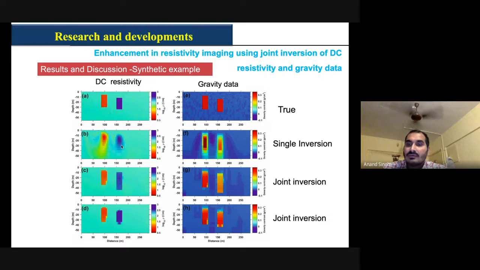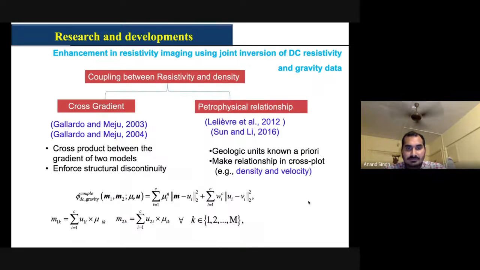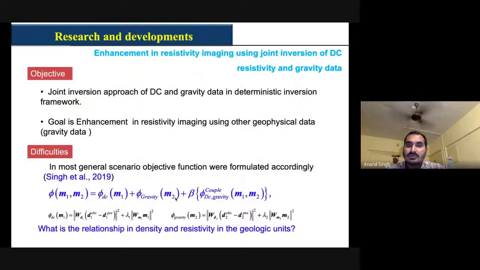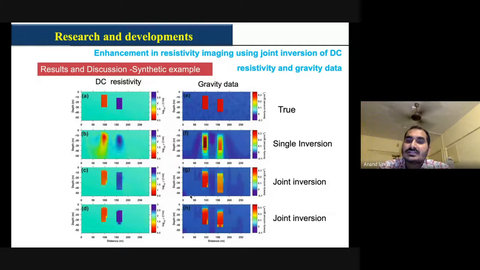Then what we did, we utilized this framework. In this whole framework, we put beta equal to 1 over that, and we play with that. Machine learning should play the relation between that. But here the assumption was that each geologic unit has a different cluster value, a different physical property value. So we utilized this to improve the imaging, and we obtained the relation using machine learning.